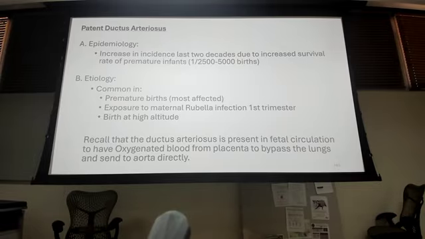That then leads us to patent ductus arteriosus. So the ductus arteriosus was one of the bypasses that the fetal heart had in order to get blood that was already oxygenated to bypass the lungs to the aorta and down to the peripheral arterial system. Most commonly found in premature babies. That's because